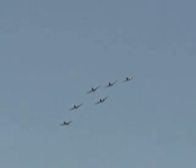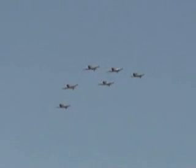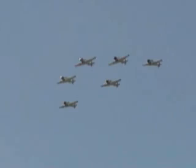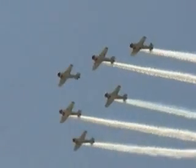Aircraft built to train World War II military pilots to fly combat aircraft. GEICO Insurance assisted these pilots, and here they come overhead. Let's watch for the smoke. Larry Arkin's in the lead with all 5 other aircraft coming right overhead. Here comes